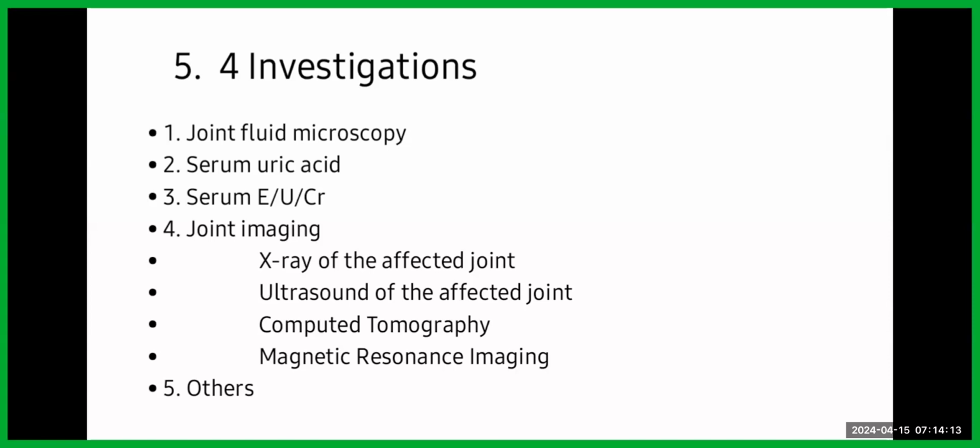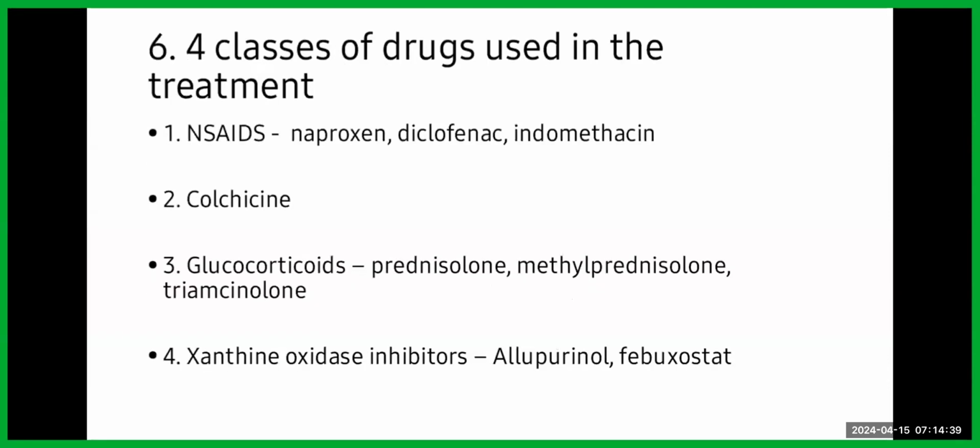Joint imaging is very important, especially if you could not make the diagnosis from the clinical and laboratory investigations. You may need to do an X-ray, which, as I said, has some features that are highly indicative. There could be X-ray features, and there could be ultrasound features, which we should see subsequently. Then other investigations, just like in any other disease: we need to do a full blood count. We know the importance of that. We need to do other things to prepare our patient generally, and if possible, to rule out some other common differentials.